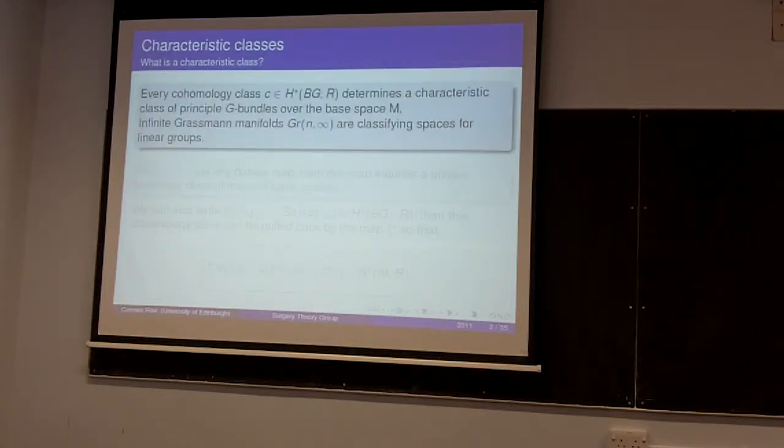So, here we have that every cohomology class in that cohomology ring determines a characteristic class of principal G bundles. And why is that? First of all, we're going to have an example of this abstract thing that we have there, BG. BG is constructed as the space of G orbits of a contractible EG space. If we want an example, what should be